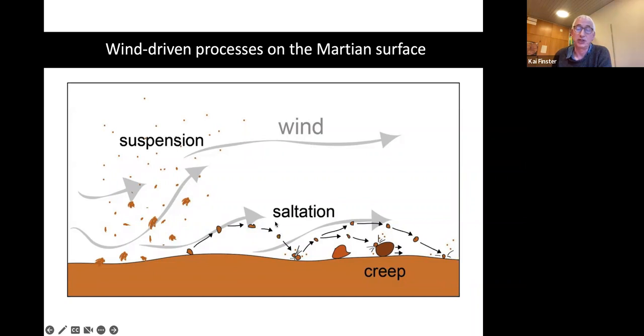What this process leads to is that when a sand grain hits the ground, or hits another sand grain, it gets fractured. This fracturing of a sand grain is what is called abrasion. The last process is creeping. That means that bigger particles just roll along the surface and could also be eroded during that process. And that erosion actually takes place on Mars; these are processes that take place on Mars.